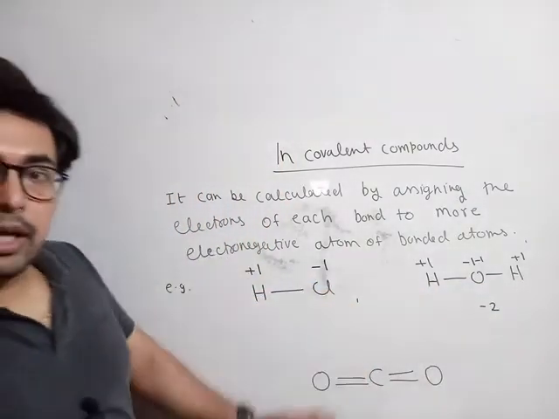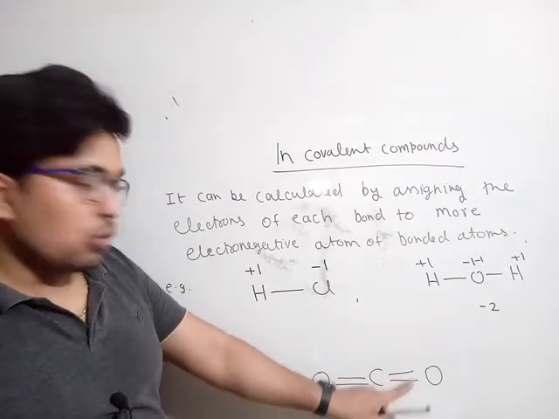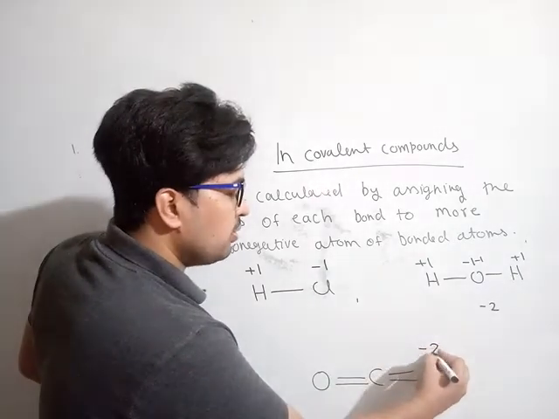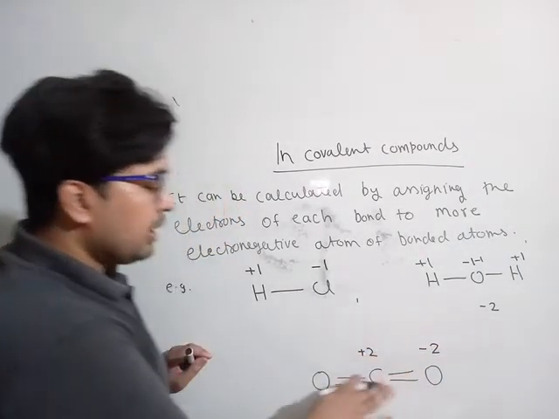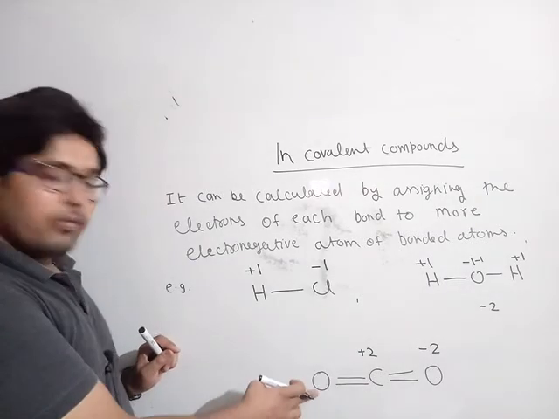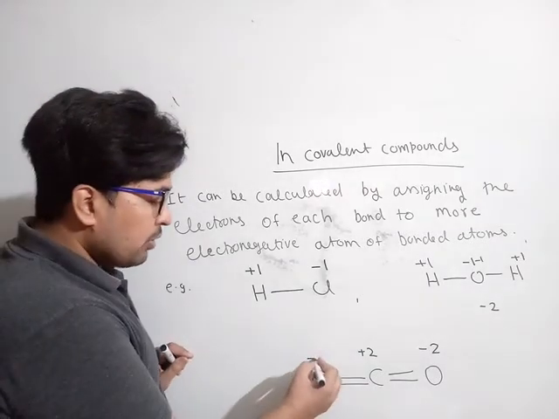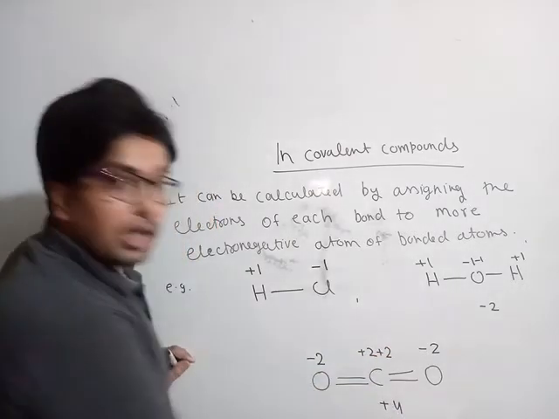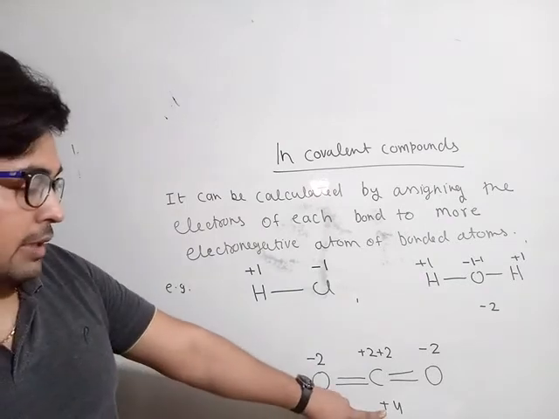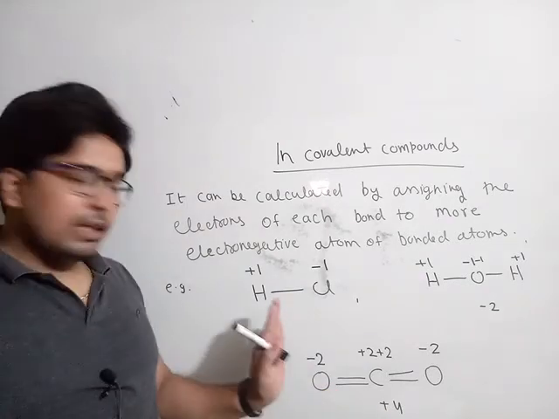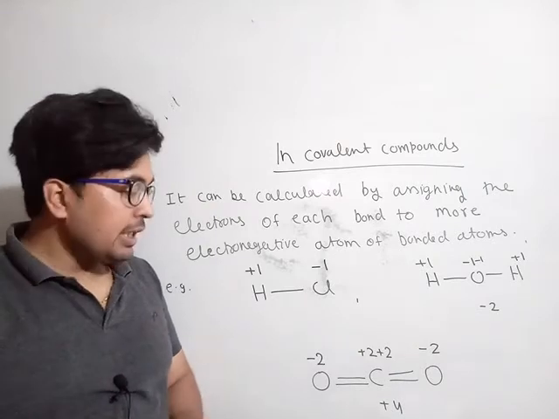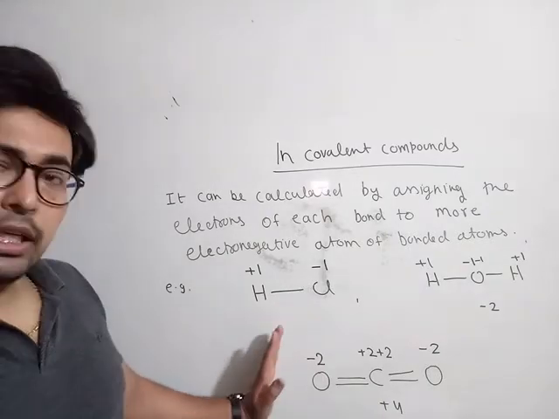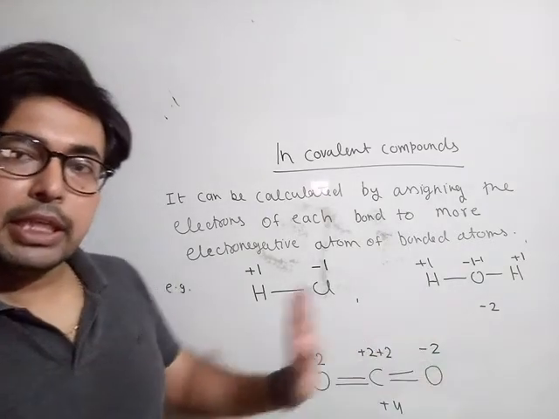In the case of carbon dioxide, that is CO2, as you can see here, it is forming two bonds with one oxygen atom. So oxygen will have -2 and carbon will have +2. At the same time, this carbon atom is also forming a bond with the other oxygen atom, so that will also gain 2 electrons, and carbon will also lose 2 electrons. So what is the oxidation number of carbon here? The oxidation number of carbon is +4. Actually, it is not an actual electron transfer; it is a partial shifting of electron. But just for the sake of calculation, we are considering complete transfer of electron.